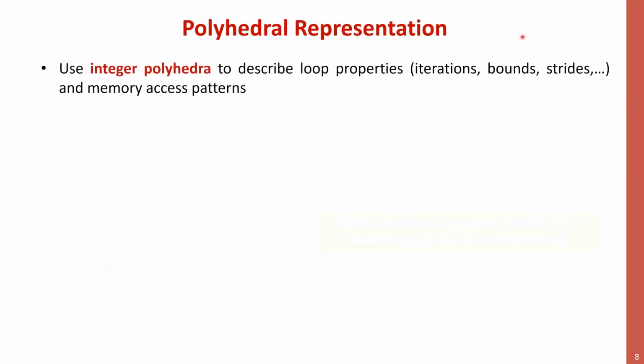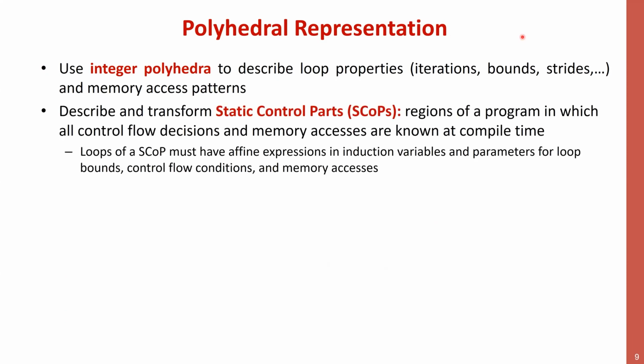So this is exactly what the polyhedral representation is useful for. And what it can do is something that unfortunately is quite restrictive, quite limited. We can use it to describe what are called static control parts and loops made of static control parts,